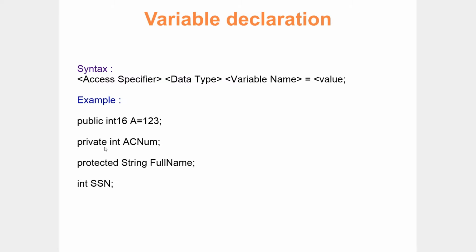Okay. So access specifier, data type, next variable name. You can give any meaningful name. Let's say I would like to store an account number. That is the reason I'm just giving it as AC number. Otherwise you can write it as account number, any meaningful name. Here, see, I'm not assigning any value. As I said, your value is optional. You don't have to provide this value at the time of declaration. It can also be provided later. It can also be overridden later from any method, from anywhere, from any class. If you want, you can provide it. If you don't want, you can leave it blank.